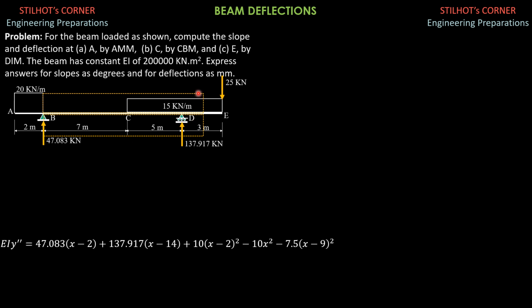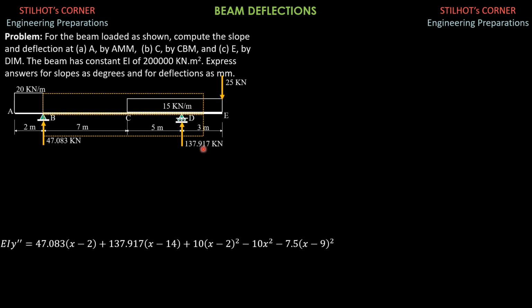Therefore, for the equation, I have to extend this load of 20 kilonewton per meter up to this point, then counter it with the same load so that the moment equation is applicable for the entire span. So EI y double prime equals 47.083 times, of course, x from A to that section there, so x minus 2, then plus